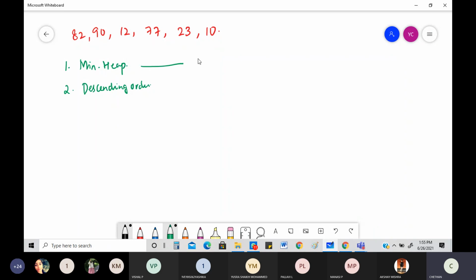In the previous example, we followed the bottom up technique. This time we are not going to follow that. We are going to follow the top down technique. Changing the strategies, changing what we learned in the previous problem to this problem. Everything will change. It was maximum heap, now it is minimum heap. There it was bottom up, now it is top down. There it was ascending order, obviously you're going to get descending order. That is how you need to create your own problems, and also find your own solutions, not just create problems and leave it.